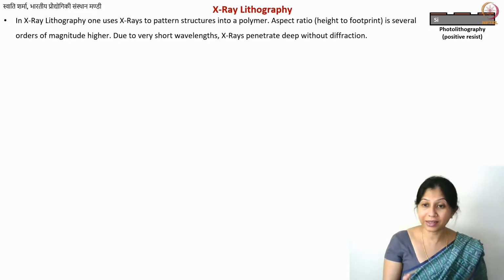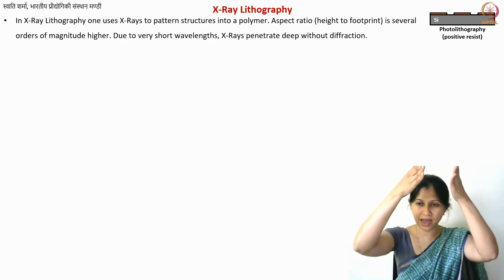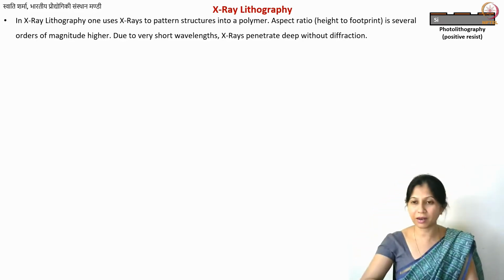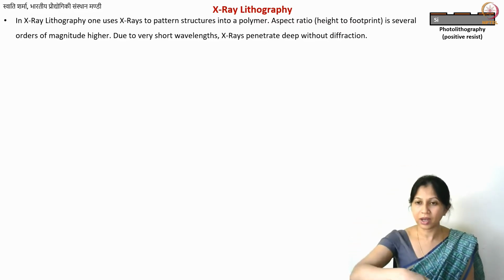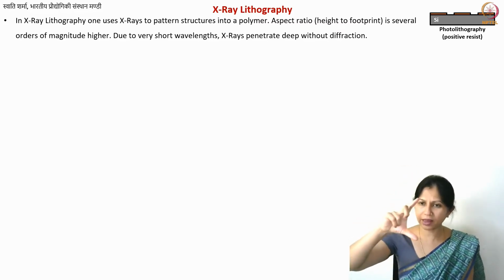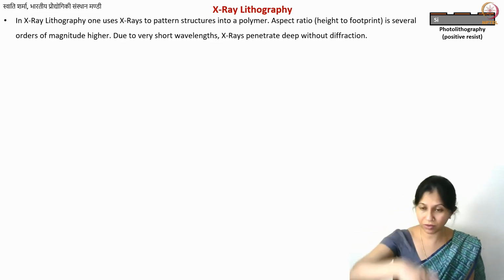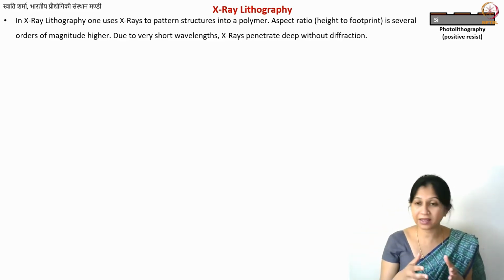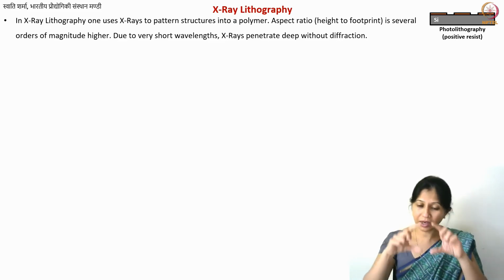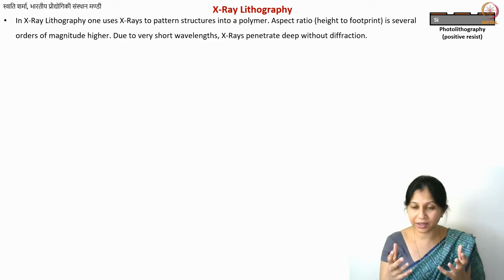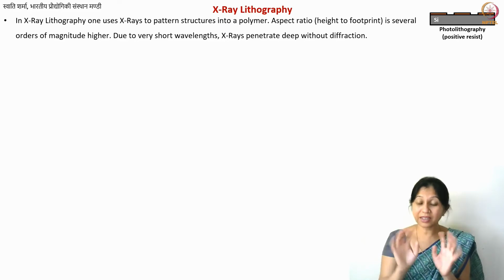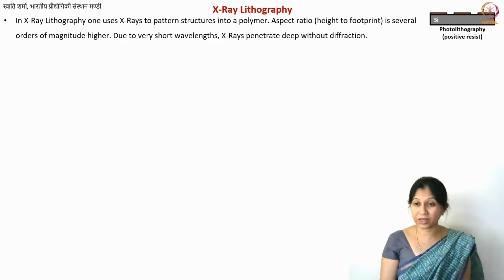However, one thing is that X-rays go through the material without any diffraction, straight down, and they can actually expose very, very thick films also. UV lithography has its limitation. After, let's say, 150 micrometer thick structures, the thicker structures will have more diffraction of light and you may not be able to cross-link them completely. Even 150 is not easy when you're experimentally doing these operations. You need to be really careful. Even that is too thick for UV lithography.